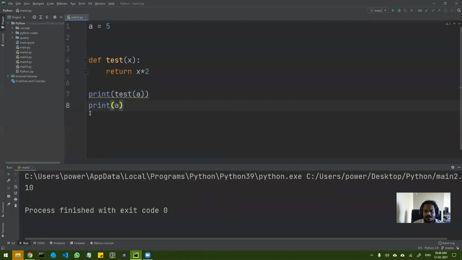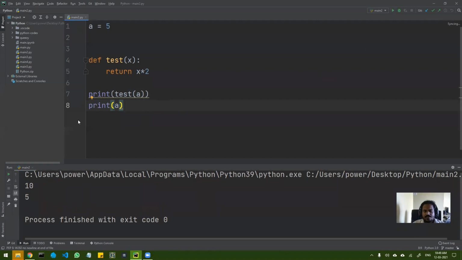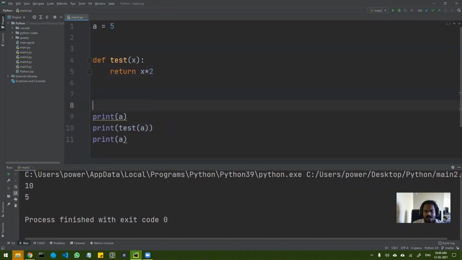Okay, so after running all these things, I'm going to print a. Okay, so इसका रिजल्ट 10 आया, मतलब 5 इंटू 2 10, और a अभी भी ओरिजिनल वैल्यू a का क्या है वो मैं प्रिंट करके देख रहा हूँ. ओके, सो a, राइट? आई एम गोइंग टू टेक दिस एंड पुट इट ओवर हियर. ओके, आप बोलोगे क्या कर रहे सर, थोड़ा सा रुको, बताता हूँ मैं. ठीक है, सो